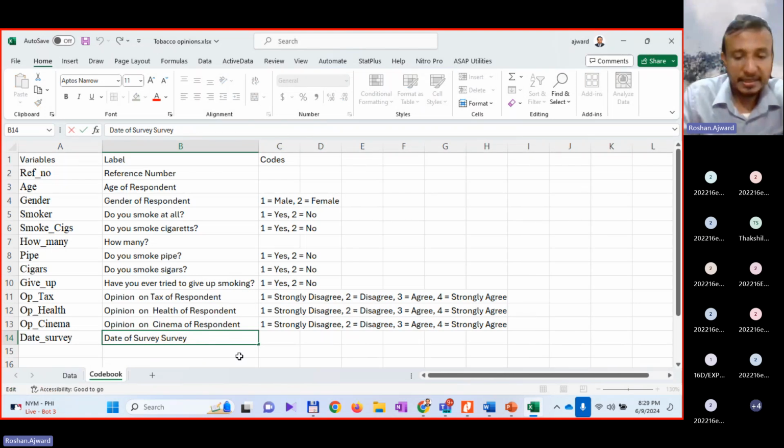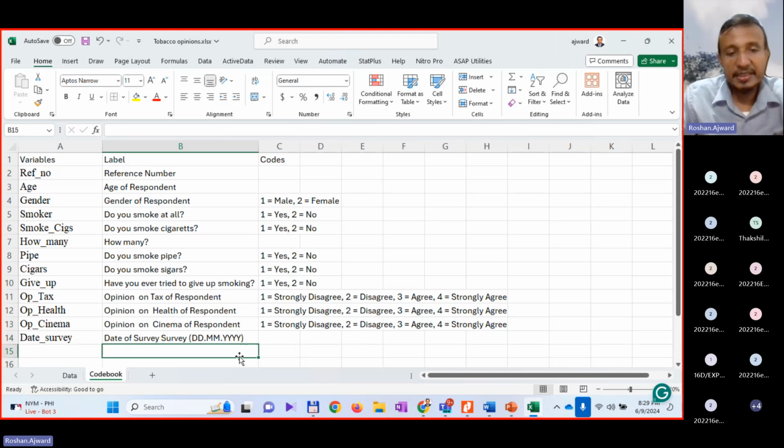Date of the survey, dd dot mm dot yy. So that format is given, so there's no coding for that. So now even later, when you are going to look at this Excel file in this code book, so this